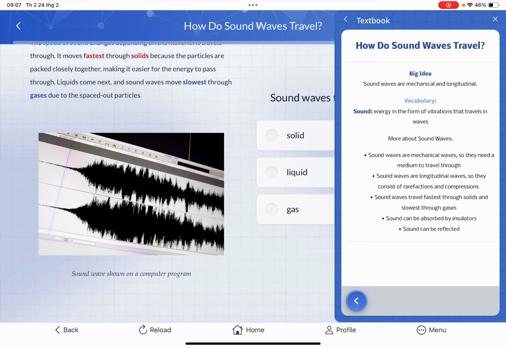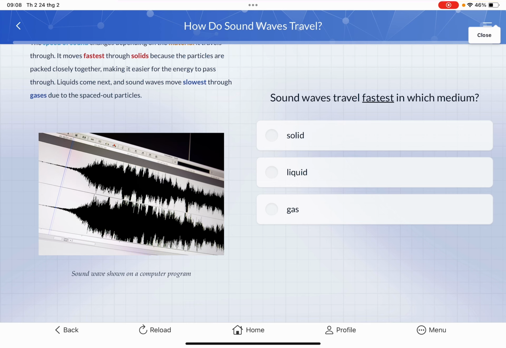It will go all up and down, and like I said, it's a longitudinal wave, so you can see some parts of it are in compression, and some of it are in rarefactions. If you want to see a sound wave, you can use a computer program, say something, and you will see it. Compression, rarefactions, how the sound wave travels through. Okay, so let's practice.